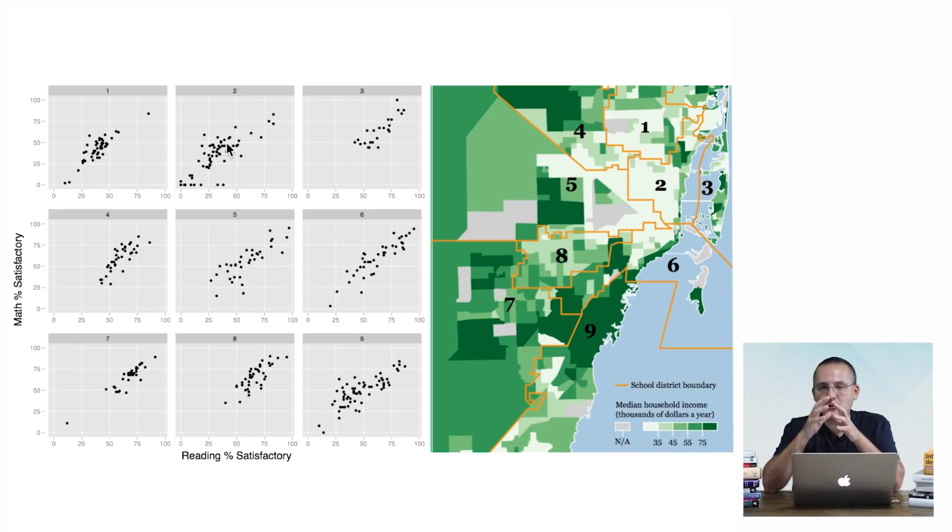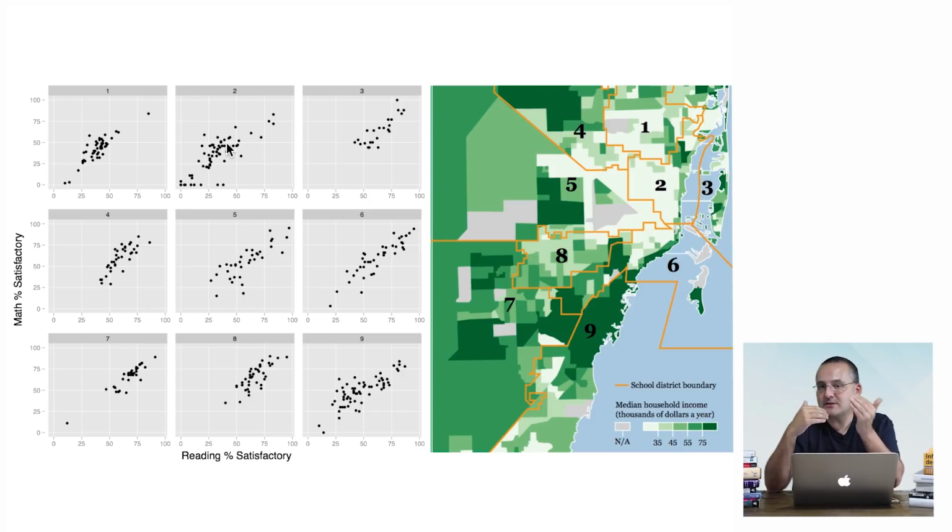And then the most compelling one that I mentioned before is board district number 6, the one in which all these schools are very dispersed. We have high performing and low performing schools. Now, that inequality in terms of school performance is reflected in income inequality. Board district number 6 is an area that contains at least 2 regions that are very, very high income. One of them is called Key Biscayne, which is an island. And then on the mainland, you have a very narrow strip of land very close to the coast called Coconut Grove. And certain parts of Coconut Grove are very high income, right?